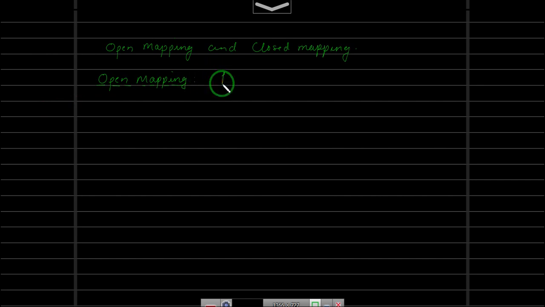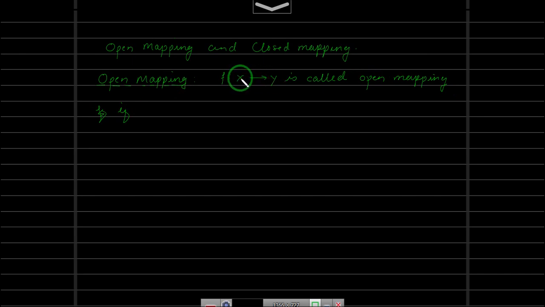So let us take a function f first. f from topological spaces X to Y is called an open mapping if you take an open set here, its image has to be open here, right?